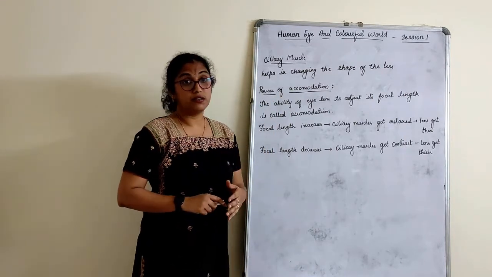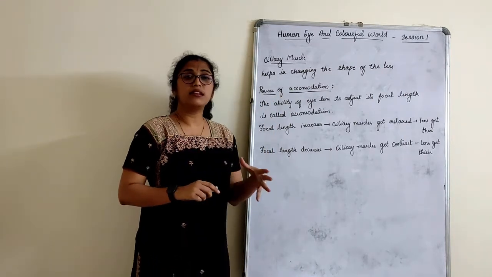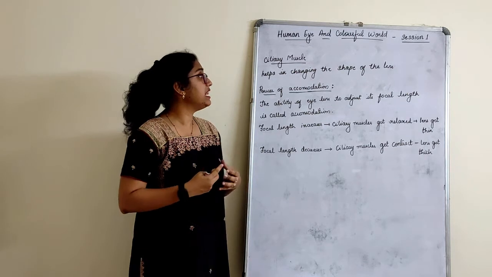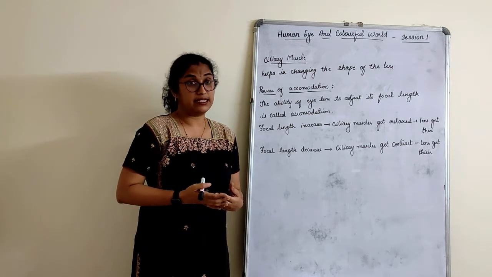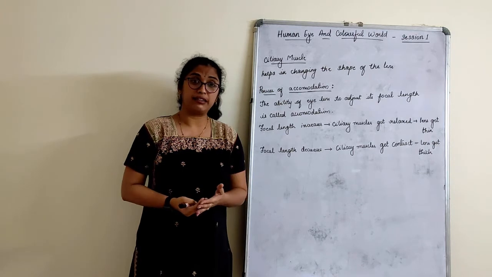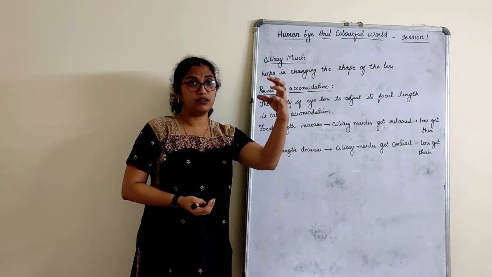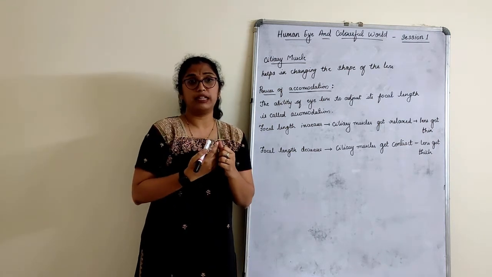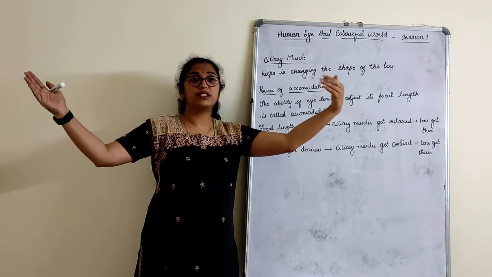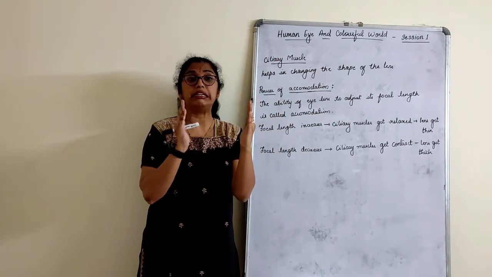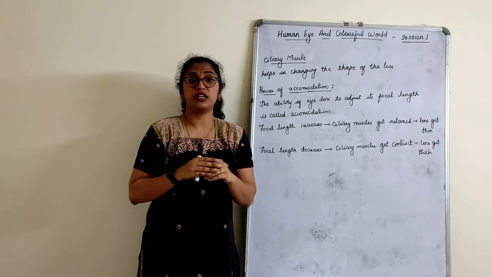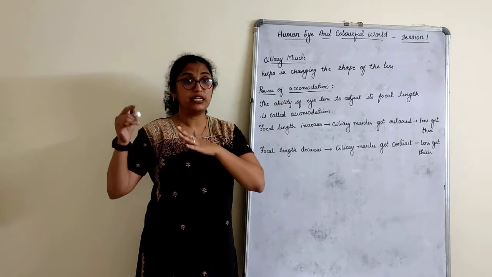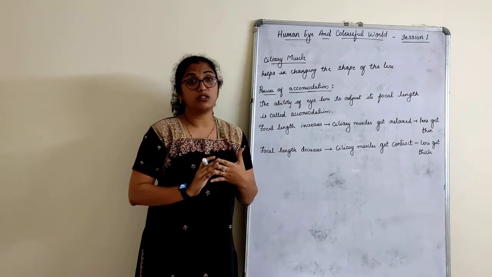Another important part in our eye is the ciliary muscles. The ciliary muscles are present on the lens. What do these do? Ciliary muscles help in changing the shape of the lens. Now, for example, we have done the ray diagram. Imagine that we have taken one glass lens wherein we tried to increase and decrease the focal length, or we kept an object here. Where was the image formation done? We kept the object nearer to the lens. Where was the image formation done? At different points, we got the image formation done at different points, right? So object distance differed, image distance also differed.